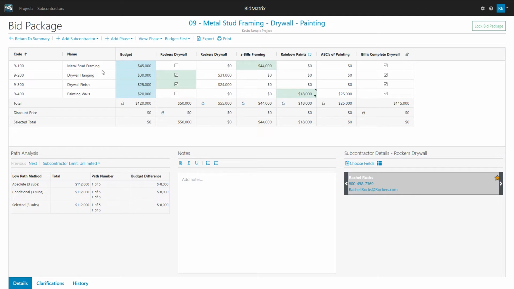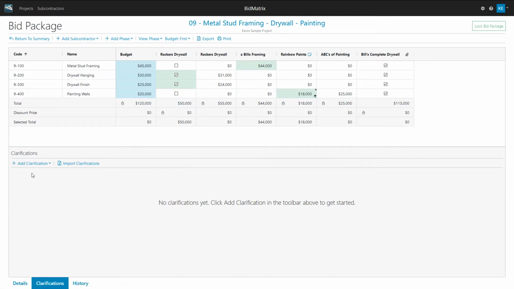But I don't really want to put a line item through my spreadsheet to make it even larger for some reason. It's just more of, hey, did they include it or not? So if I go through here and look at this clarification, this is where I can hit add, and I can basically put in some sort of clarification. So maybe there's some special